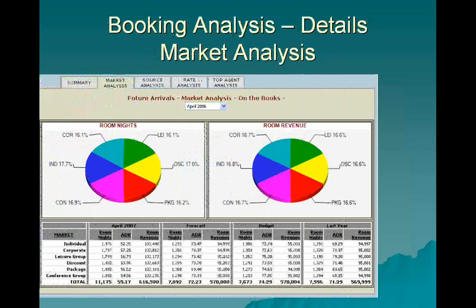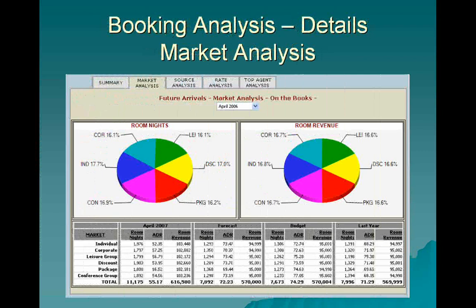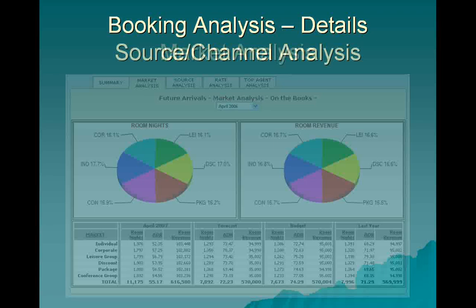The booking analysis, room nights by market, detail pie charts, depicts reservation information for predefined market segments. These charts display room night and room revenue counts and percentage distributions for each segment. The detail information includes statistics for current year actuals, forecasted, budgeted and the previous year. This information is invaluable to the finance department, since it provides actual, forecasted, budgeted and previous reservation and average daily rate KPI information for each market segment.